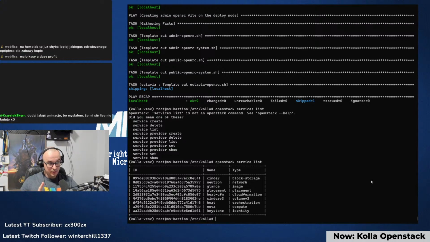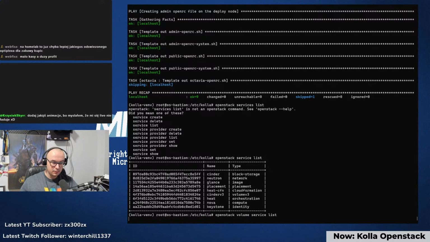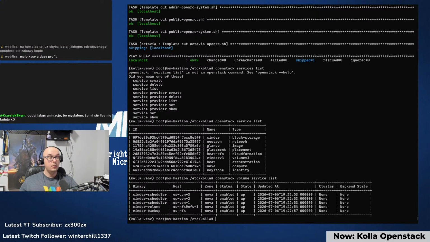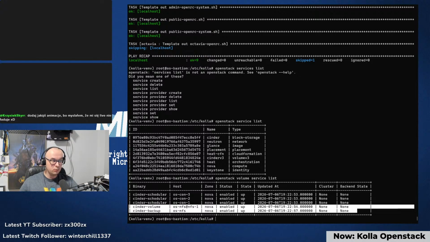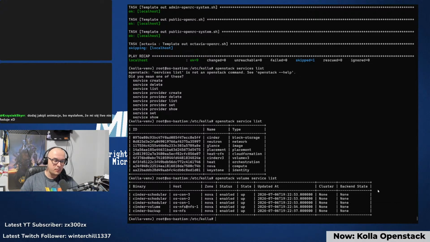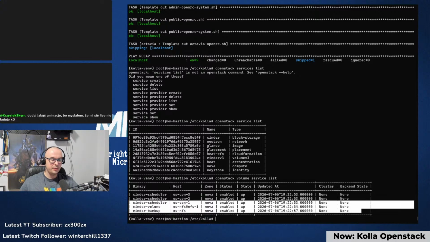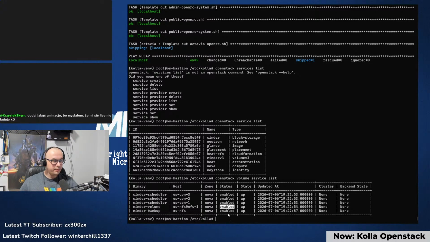And previously, OpenStack volume service list. Previously, those two were enabled but were down, which means that this is how I knew that the previous setup did not work, right? This is how I knew that the previous setup had problems, because by them being enabled but being in a state down, they weren't able to register themselves to RabbitMQ messaging queue. But yeah, all in all,